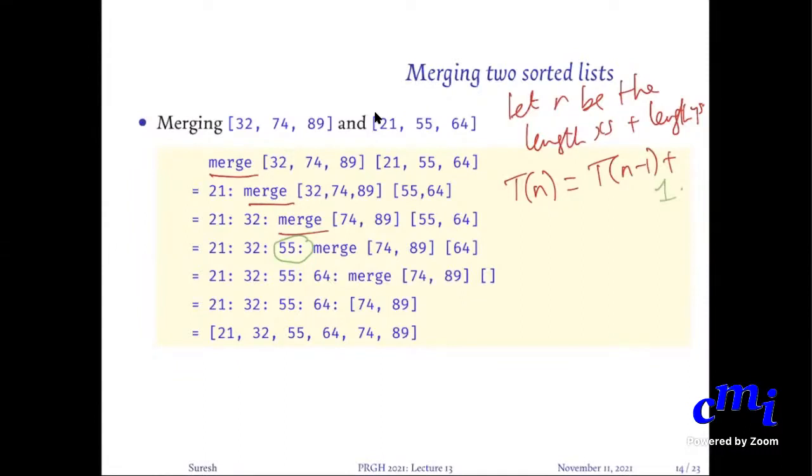And in the worst case, you will come to T of 1, let us say, in which case one of the lists will be empty, and in that case the answer is 1. So even if you go all the way down, you will have T of n equals n or n plus 1 or whatever, but in any case it is some c into n, where c is some constant, one or 2 or 3 or whatever. But is this analysis clear? So you require order n time, which basically means Cn.